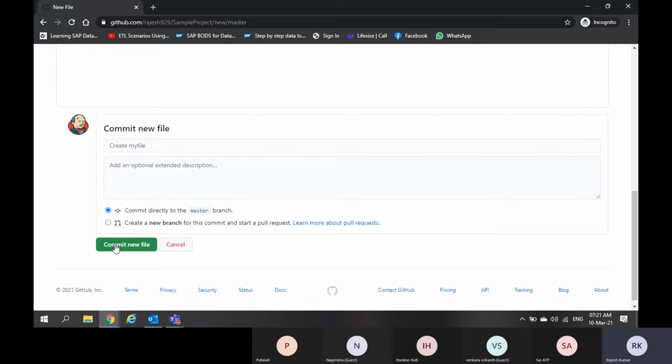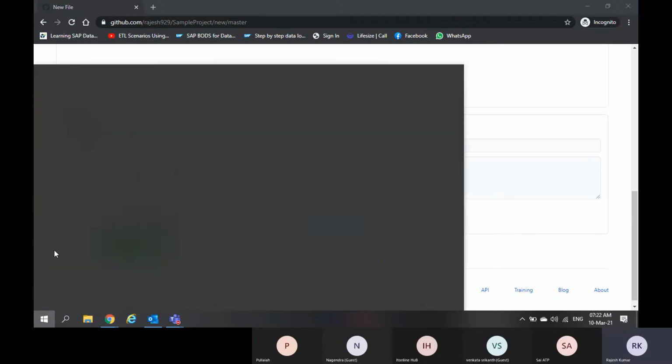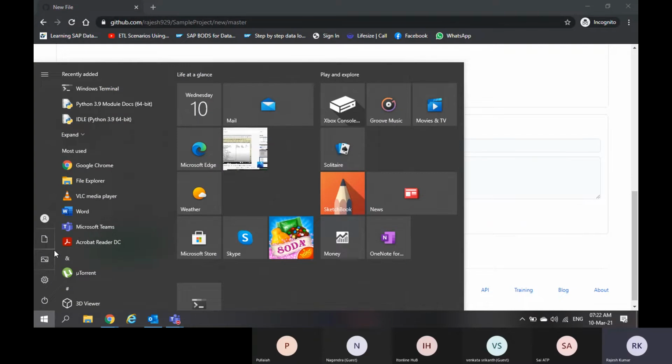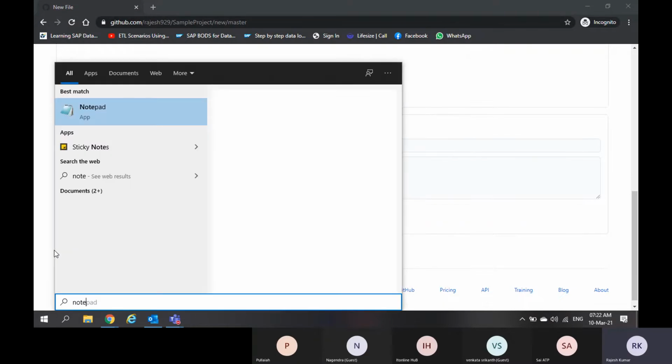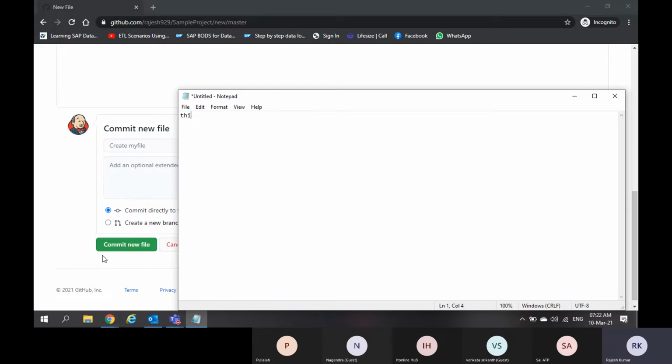Git has its own separate terminology. In Git terminology, committing is nothing but saving. Committing means you have made some changes and you are going to save those changes. Initially, doing changes is not saving. Suppose I am creating a notepad file. I have opened a notepad file and I am writing something here. This is not saving this file. I have done some changes, that's for sure.